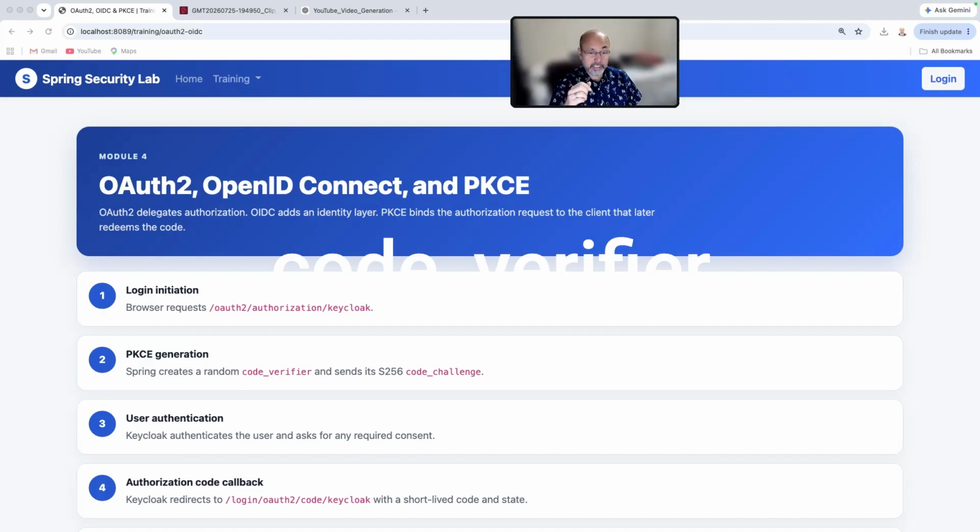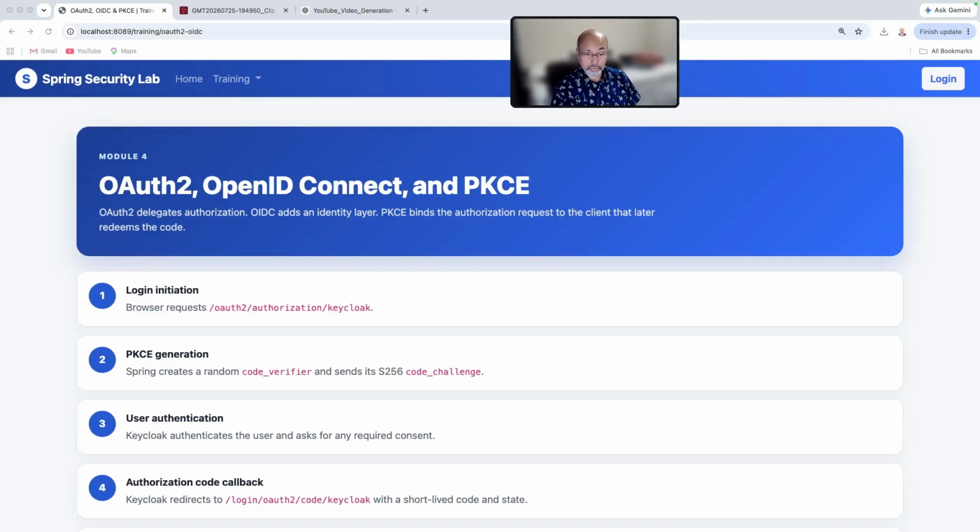That is exactly the name of it, and sends an S256 SHA-256 generated value, which is named code_challenge. Exact name, don't change it. Then user authentication: it is going to Keycloak. Keycloak verifies, challenges you with username, password, or any other mode of authentication. It could be MFA. And then once it is satisfied,